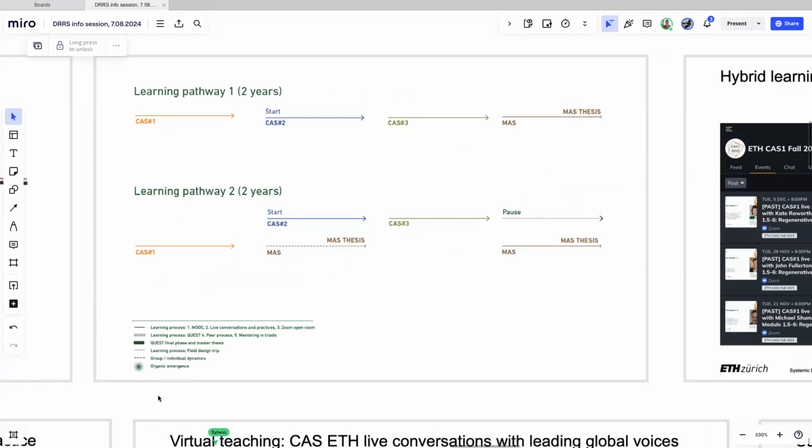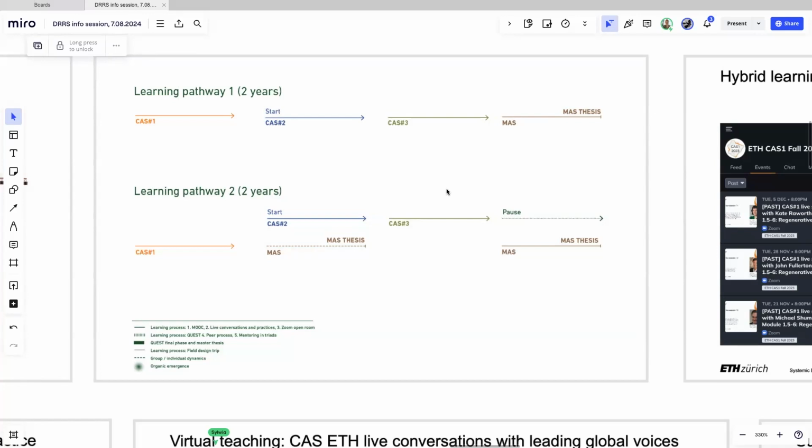The first learning pathway that you see on this slide shows regular steps: a participant starts from CAS 1, then continues with CAS 2, CAS 3, and then finishes with the master thesis. This is a pretty regular step-by-step process, and it takes around 2 years.